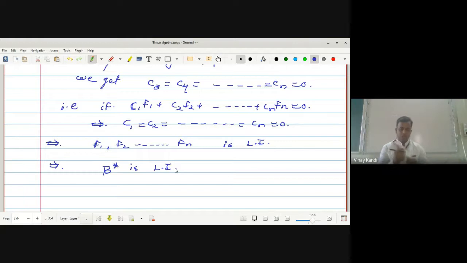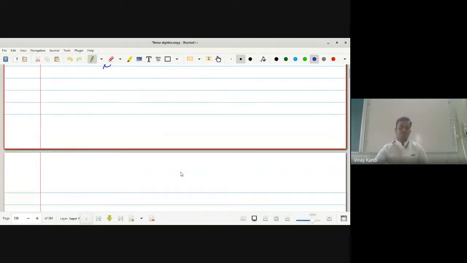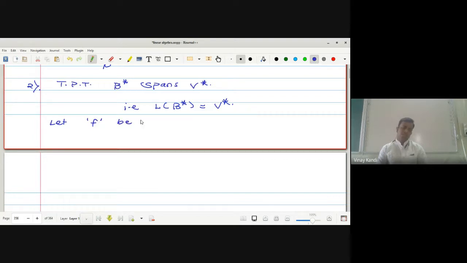No, sir. Okay, now in the second step, we have to prove that beta star spans V star. Any linear functional from V star we can write in the form of F1, F2 up to so on Fn. Second step, to prove that beta star spans V star. That is, linear span of beta star is equal to V star. Now for this one, take any f, a linear functional